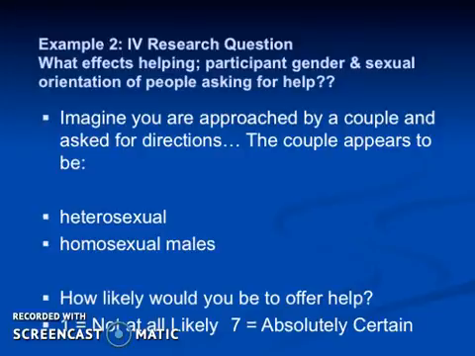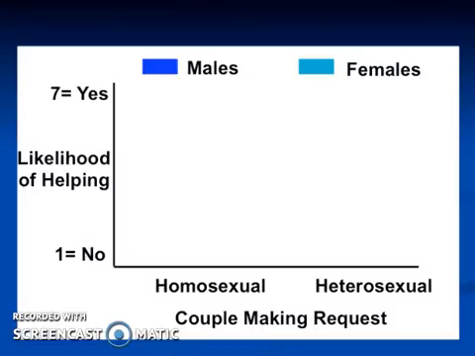So imagine that you're presenting vignettes to your participants, and the vignettes are talking about being approached by a couple, and either the couple's heterosexual or they're homosexual males, and you're asking the participant how likely would they be to offer help. So you have two independent variables that you're looking at, although one is a participant variable because you are not manipulating it, and that would be the gender of the participant. But the point is you have two variables that you can look at in relation to your dependent variable, which